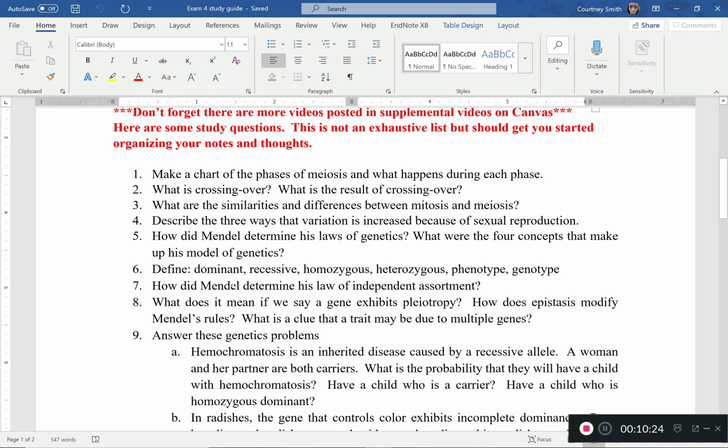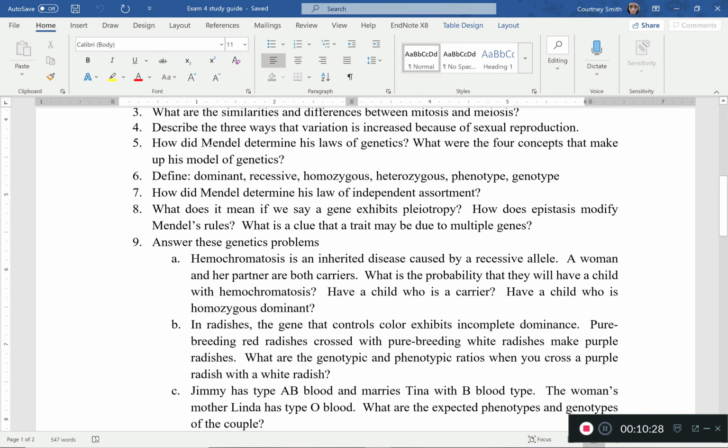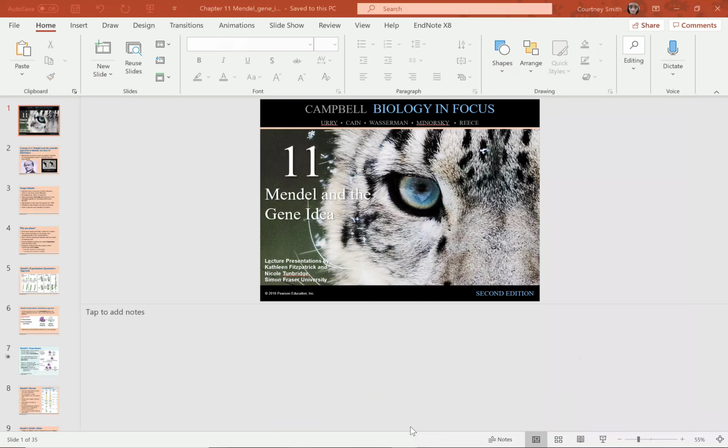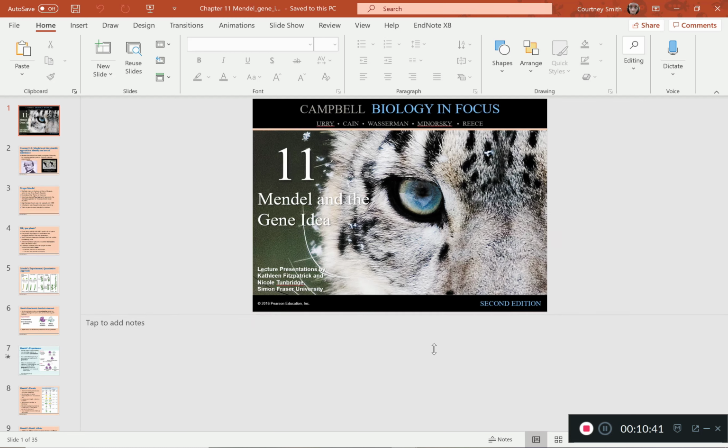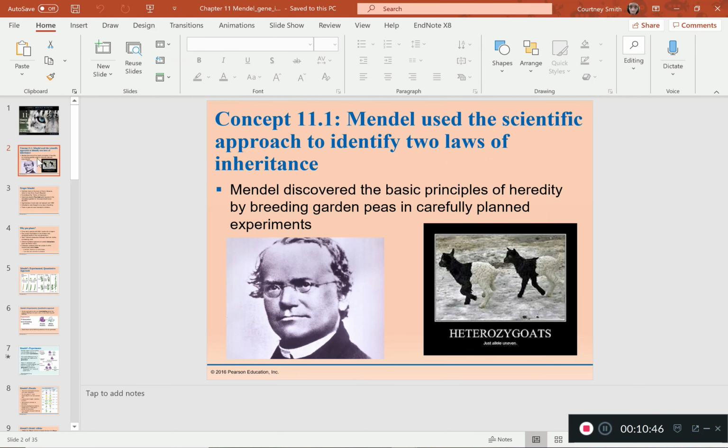With that, we're going to go ahead and transition into Mendelian genetics now. How did Mendel determine his law of genetics, and what are the 4 concepts of his model? You can find that throughout lecture 11. I'm going to make this a little bit bigger, it's really small. Okay, so Mendel. This is Gregor Mendel. He's known as the father of genetics because he's the one who came up with the basic principles of